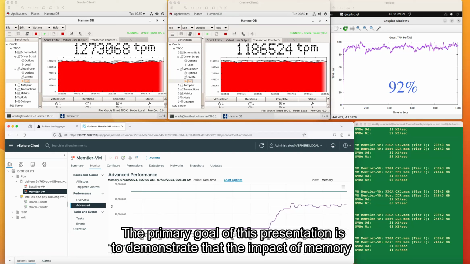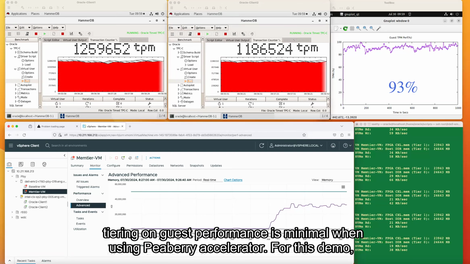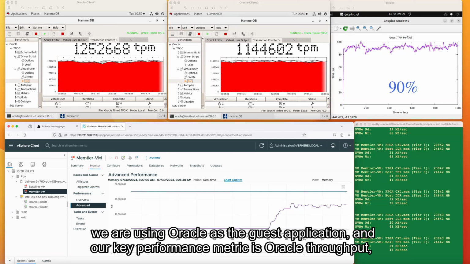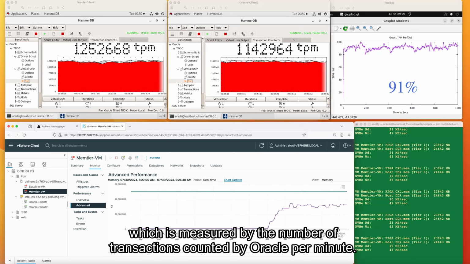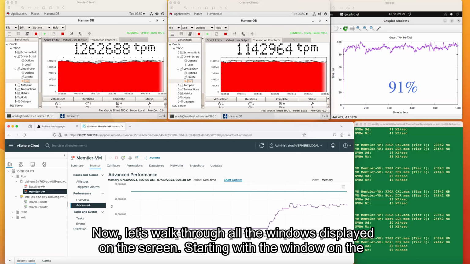The primary goal of this presentation is to demonstrate that the impact of memory tiering on guest performance is minimal when using Peaberry Accelerator. For this demo, we are using Oracle as the guest application. And our key performance metric is Oracle throughput, which is measured by the number of transactions committed by Oracle per minute. Now, let's walk through all the windows displayed on the screen, starting with the window on the bottom left